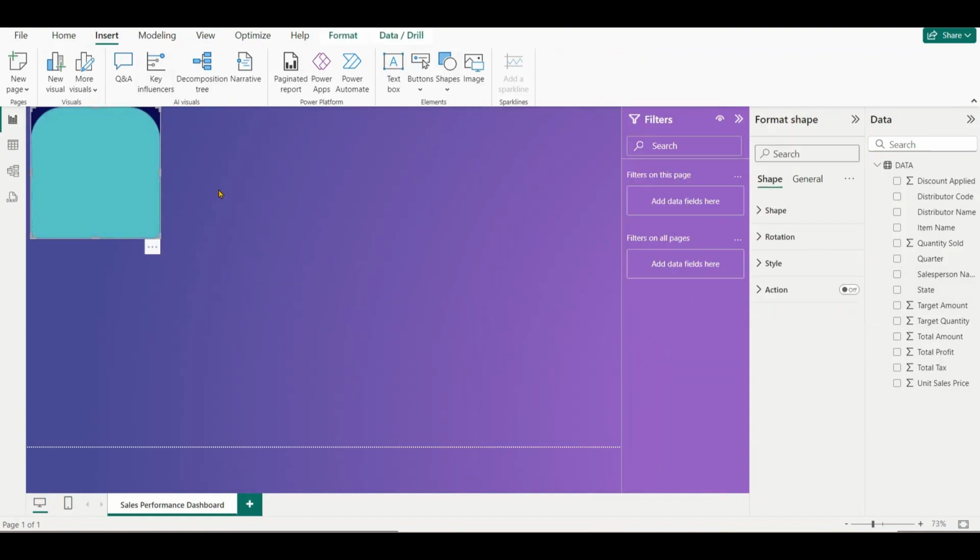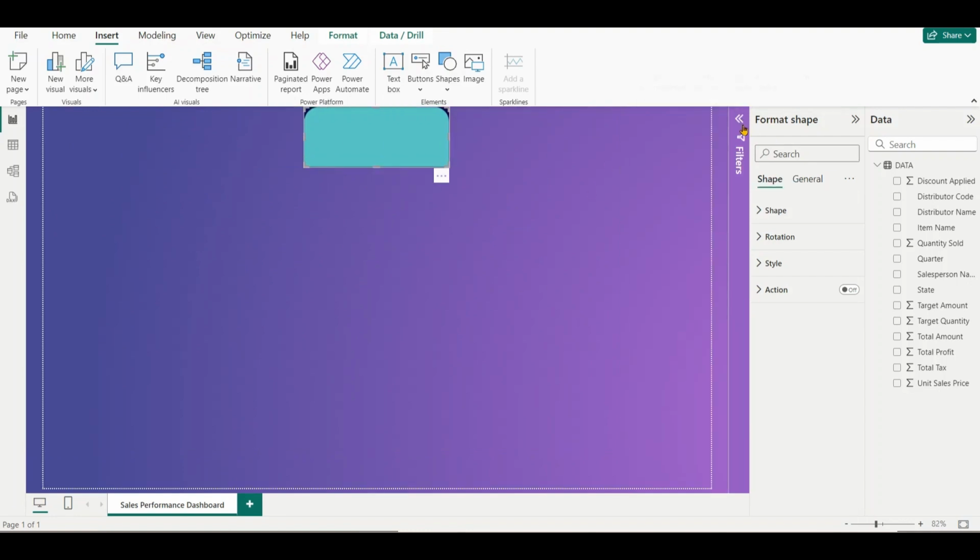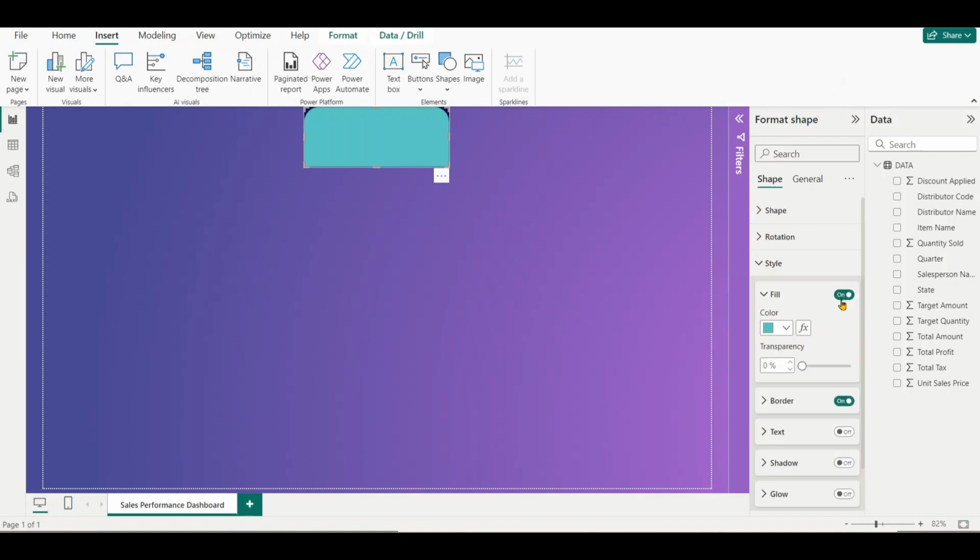Choose a rounded rectangle shape and position it on the dashboard. I will make periodic manual adjustments to the size and alignment of each visual as new ones are added. This approach will help determine the ideal size, position, and alignment for each visual, ensuring a cohesive fit within the dashboard. Keep the shape highlighted, and in the Format Shape pane on the right, navigate to the Shape section, select